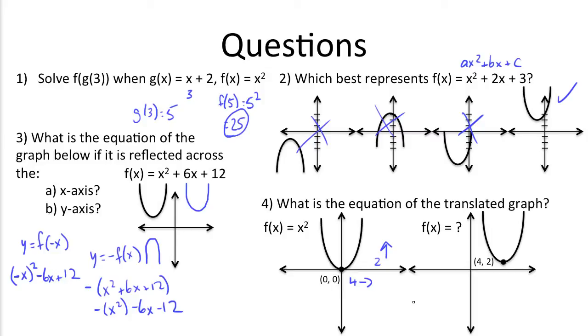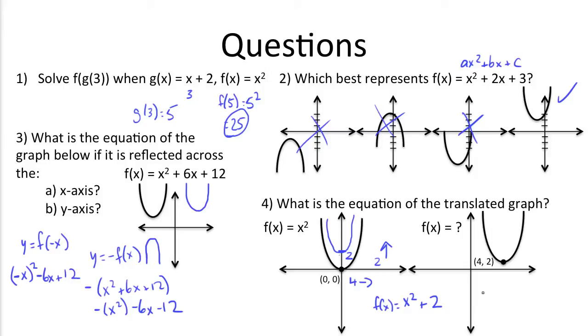If you recall, moving a graph vertically just means that we need to add or subtract to the original function. Here in this case, since we're moving up 2, we just need to plus 2. So that would give us a parabola up here at y equals 2. Now to move the graph over to the right, what we need to do is subtract